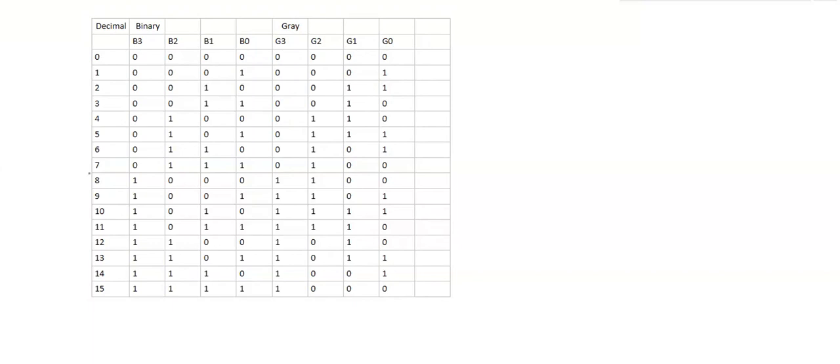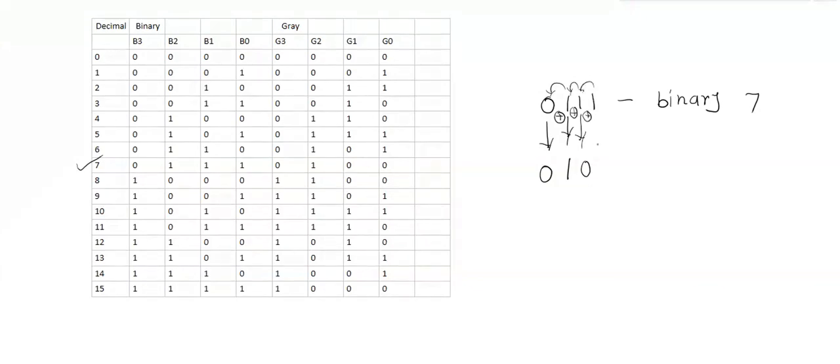Suppose I have a number 0111. This is a binary value and I want to convert this into the gray code. Now to convert the binary value into the gray code, keep MSB as it is and perform XOR operation of the next bits with its previous bit. 0 1, the answer is 1. Then perform XOR operation 1 1, the answer is 0. Then perform XOR operation of 1 1, the answer is 0. That is 0 1 0 0. This is the gray.